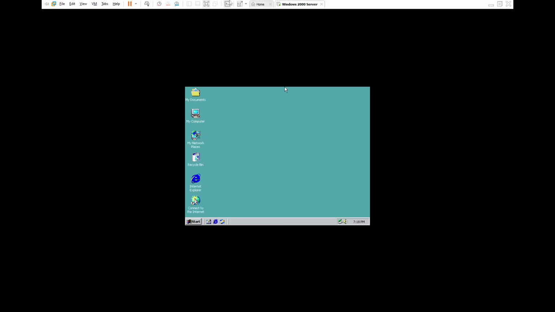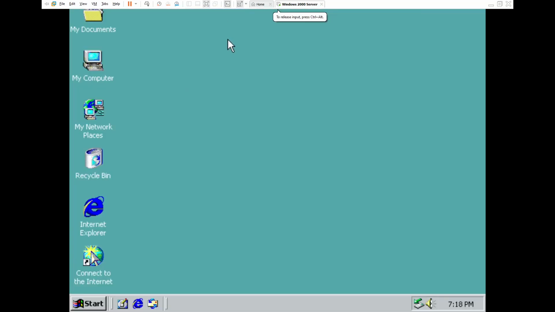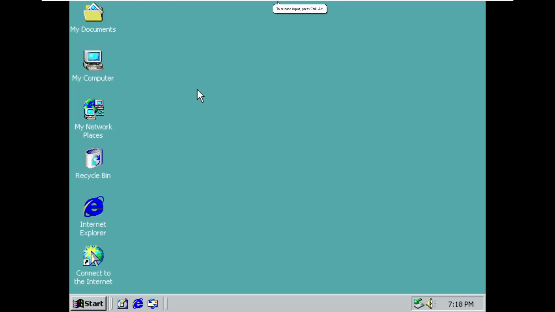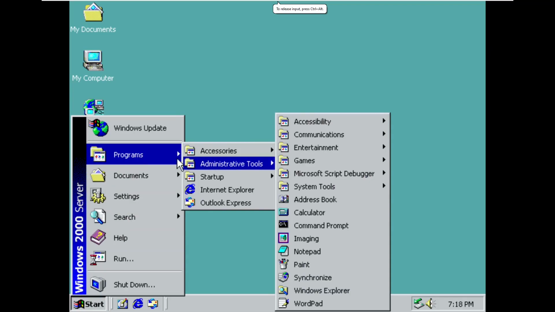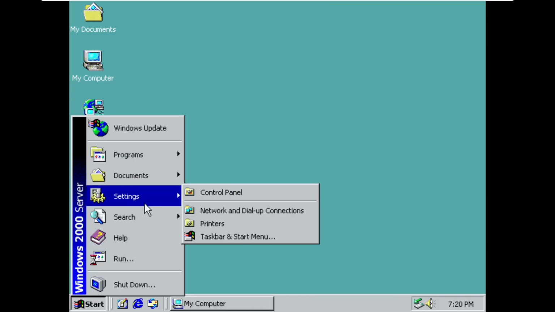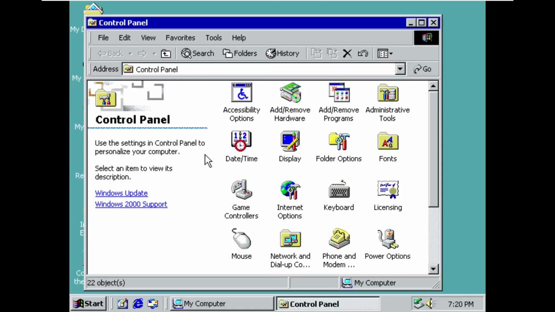To make this bigger, you just go up here and then keep aspect ratio, stretch, and this will just zoom into it much better. Start, settings, and then control panel,